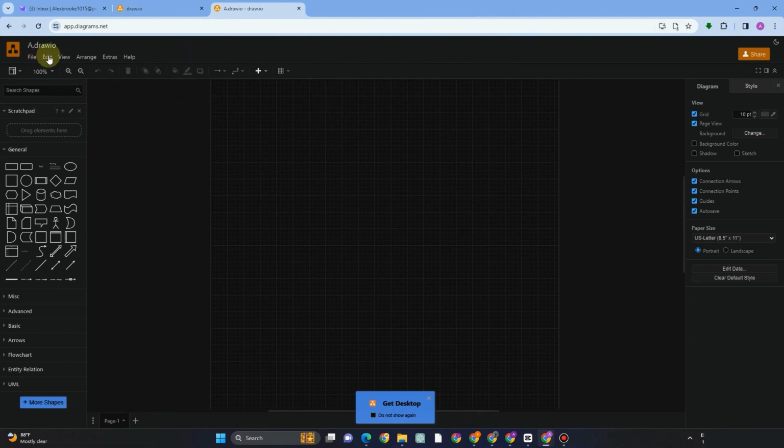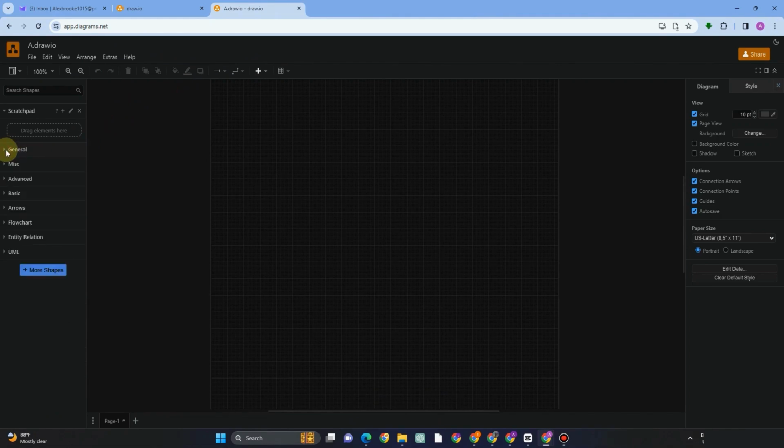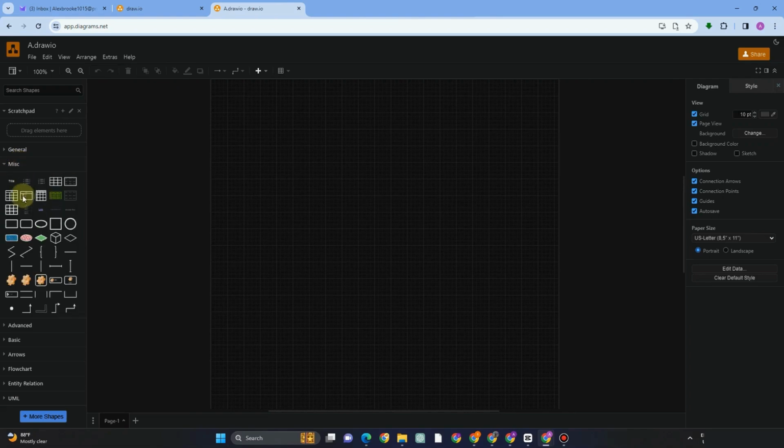And we have here features above, like file, edit, view, arrange, extras, and help. And below you can see here some of the elements and objects. Now above this search icon, you can see this zoom in, zoom out, delete, and other features that we can use later. So to start, if you want to choose from the objects inside general, then you can just tap